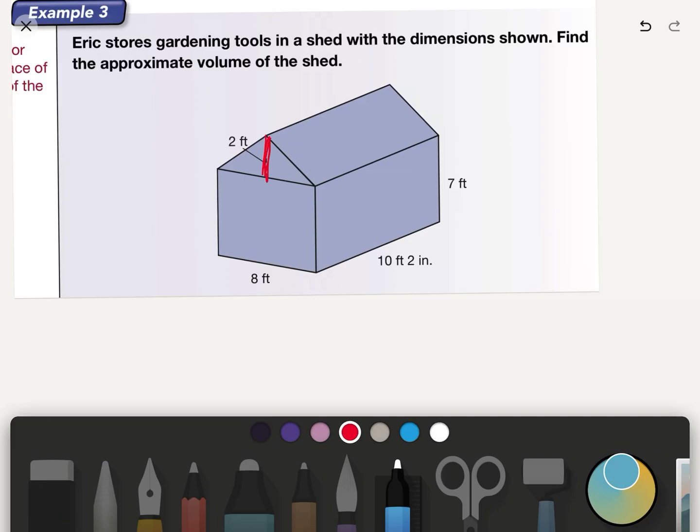So we're going to figure out what our triangle here is. So we've got our height, so our 2 feet. And we are going to multiply that by